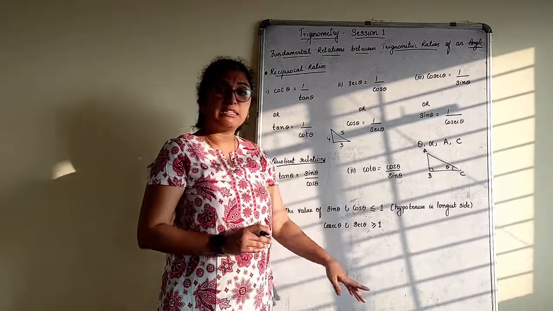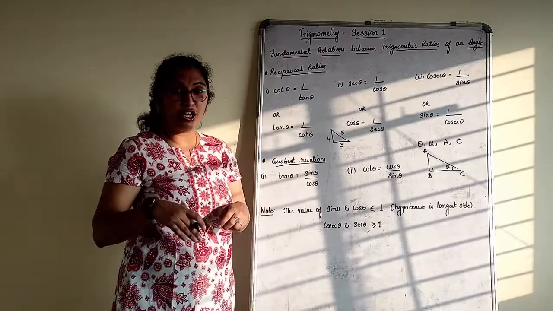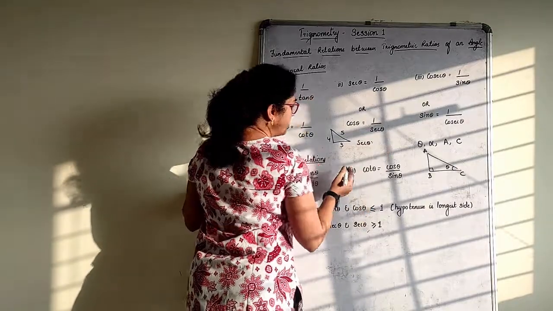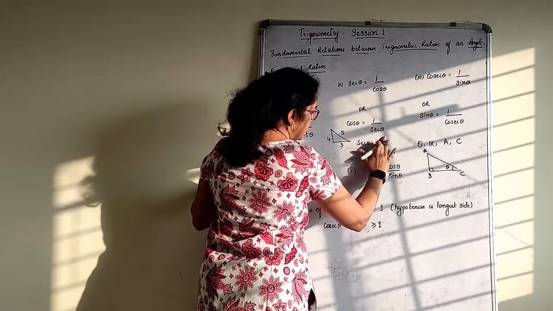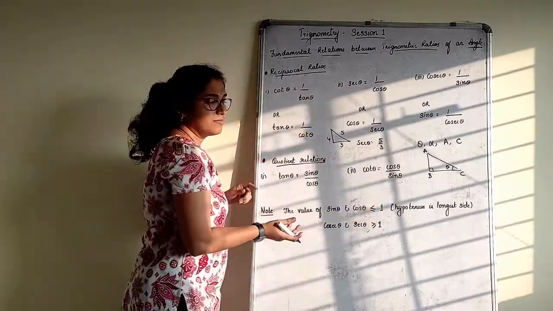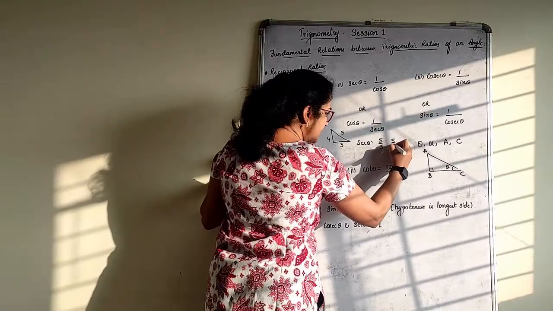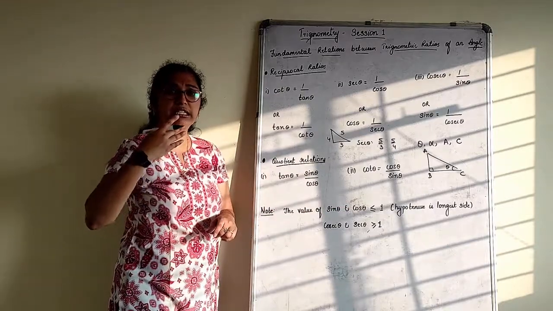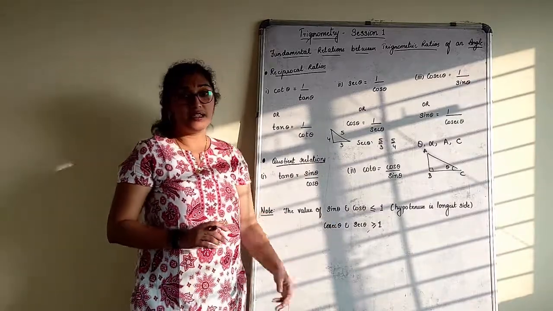The value of cosec and sec theta is always greater than 1. Why? Because the hypotenuse is in the numerator, and the denominator is opposite or adjacent. So what will come as sec theta? Depending on the angle, randomly I take, sorry, not 3 by 5. Sec theta I will get 5 by 3. I don't know which is my opposite or adjacent. Generally I can get 5 by 3 or 5 by 4, depending on which angle I am talking about. So the answer should always be greater than or equal to 1. This is one thing you have to remember. It can be asked in MCQs.